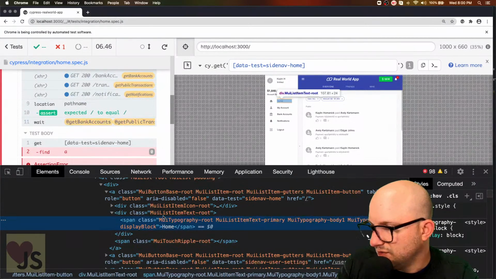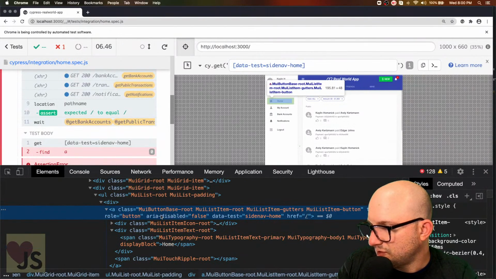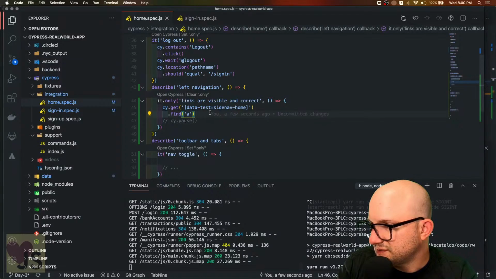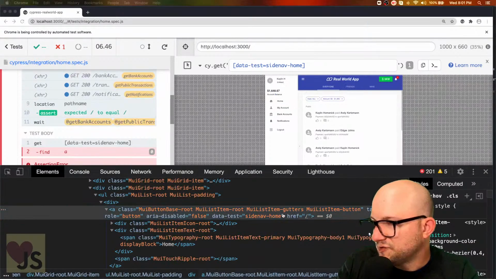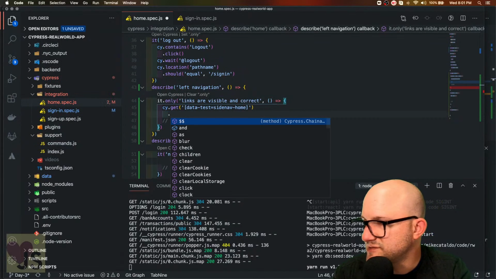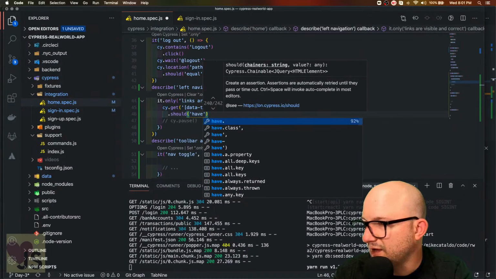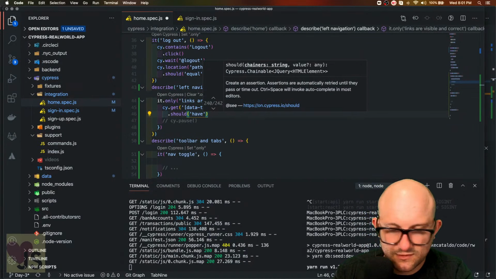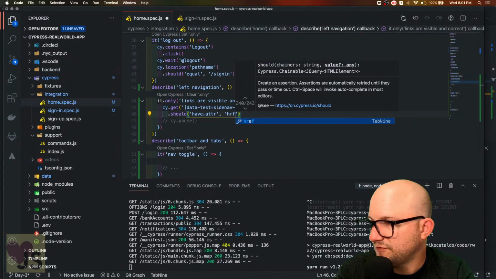So you've got your, let's see, there's your home, and side nav home, I believe, is that the one we selected? Yeah, side nav home, and that is the A. Okay, so then we could say dot should have attribute href